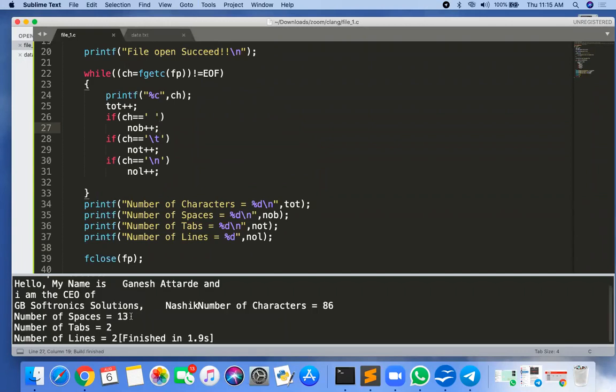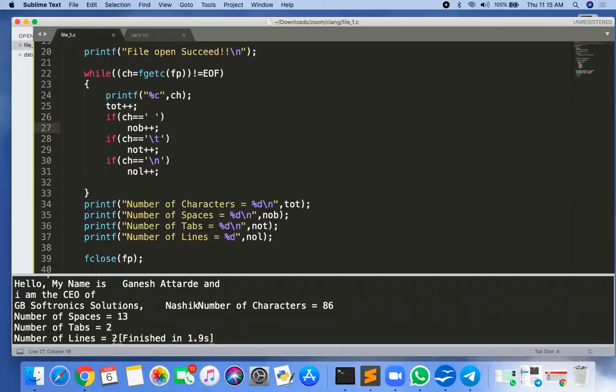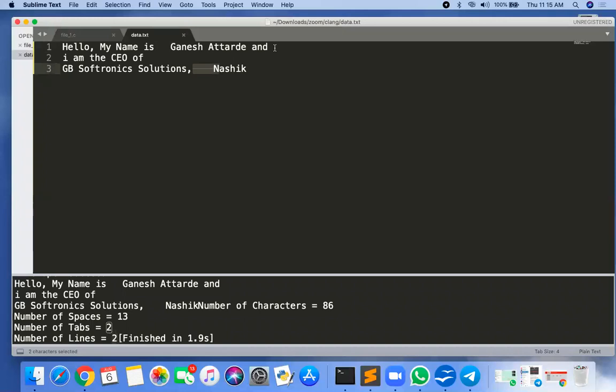Okay, so how many spaces? 13 spaces. Number of tabs, 2. Yeah, I know that 2 tabs are there. This is one tab and this is the second tab. Okay, and how many lines are there? Total 2 lines are there. First line, that is the first slash n, second slash n. The last one is not getting counted. Actually there are 3 lines. Okay, total 3 lines.